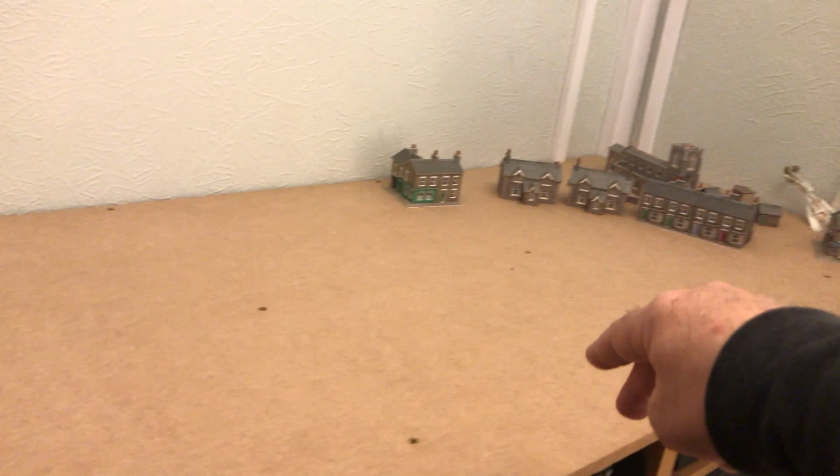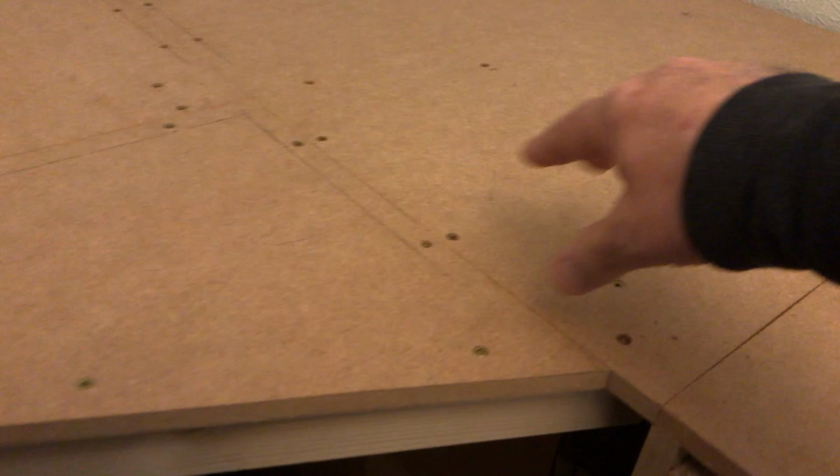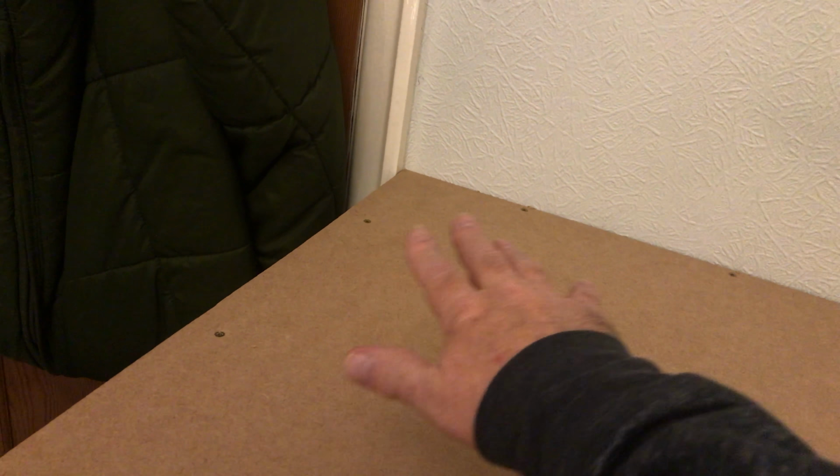So the next stage, of course, will be to put the back scenes along there, and things have changed ever so slightly in that I've now decided I'm going to do 2 tracks running parallel. So there'll be 2 tracks along the back here, right the way along, going through some kind of tunnel section and back along here, and then round the corner, and the station will be here, with the tracks then running away around there, and that leaves this area here as the heritage repair shed and a little bit of a maintenance area. So that's what I've decided to do,